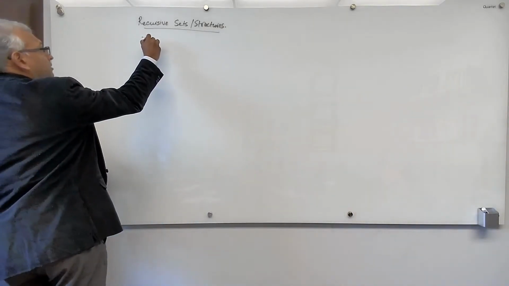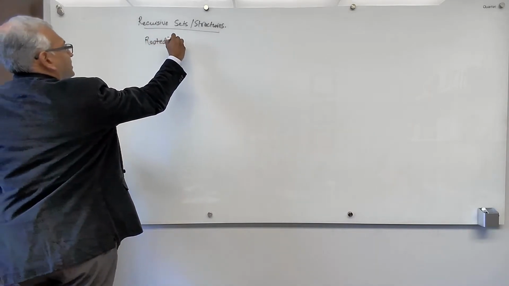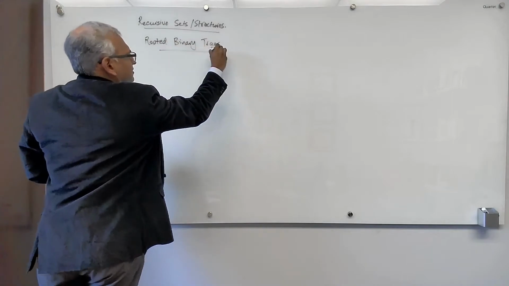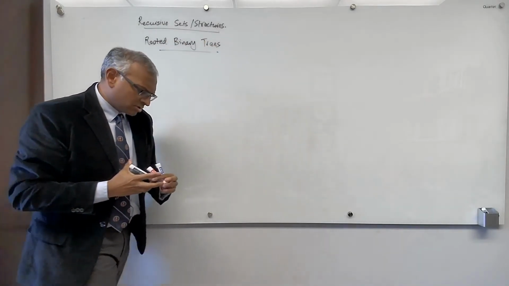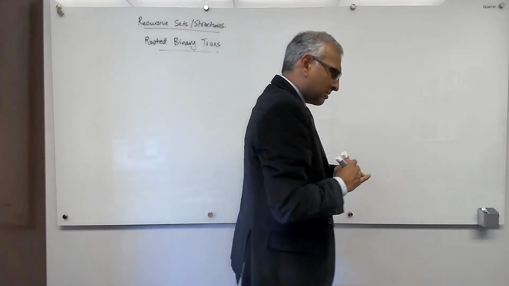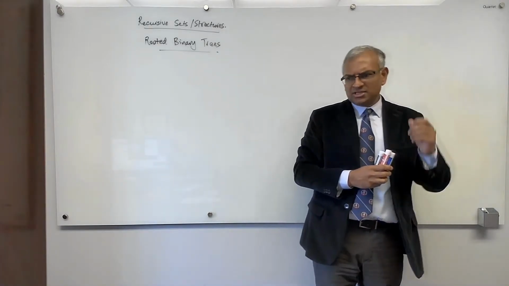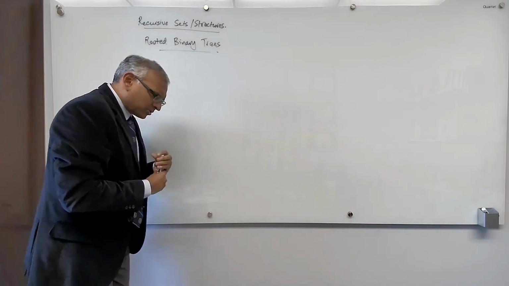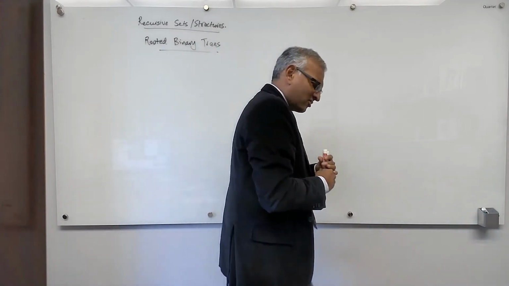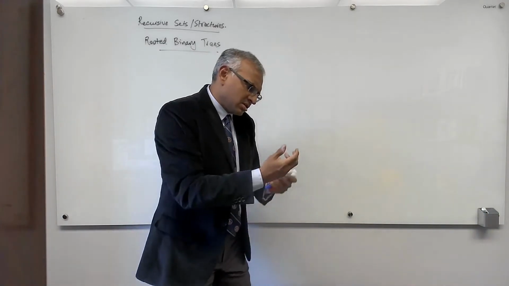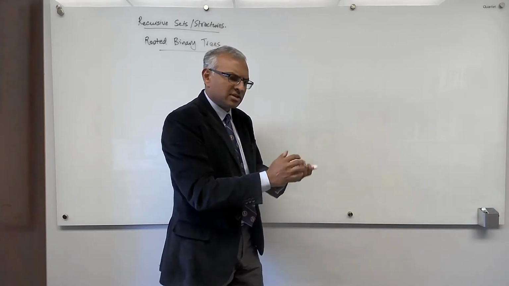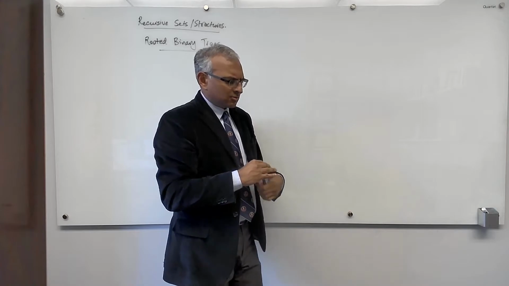So, rooted binary trees. Now, the history of trees is interesting. A mathematician by the name of Arthur Cayley discovered trees. Okay? And how did he discover trees? Well, a chemist came to him and said, I've got this interesting phenomenon. I can measure the chemical composition of various organic compounds,